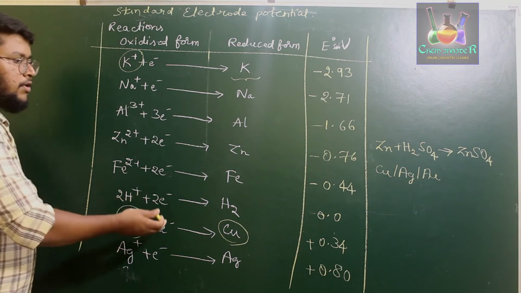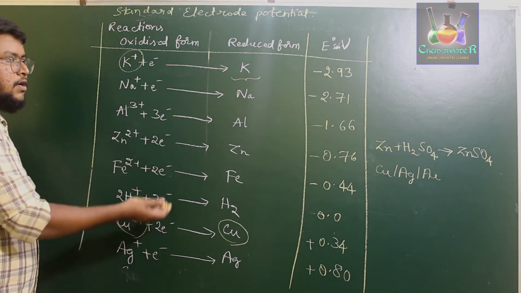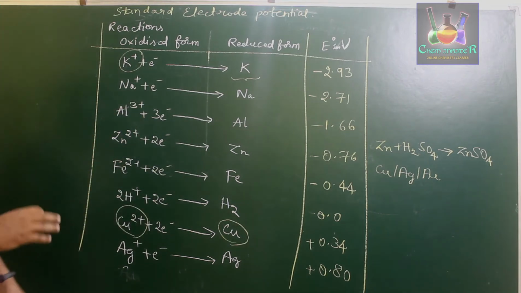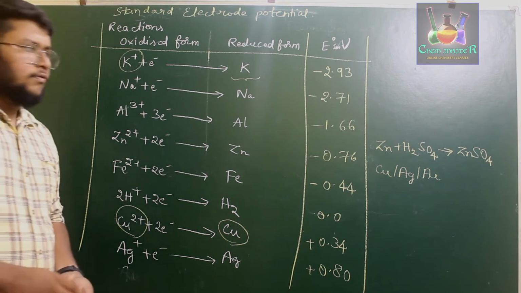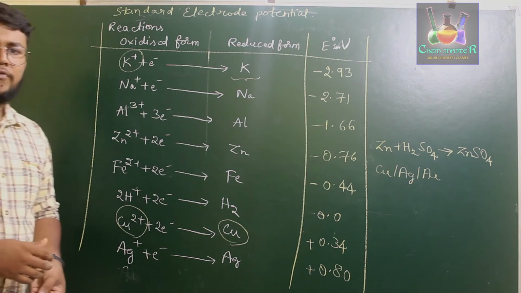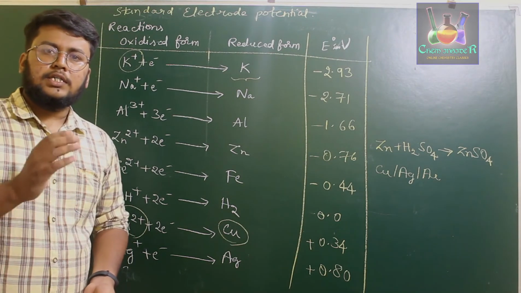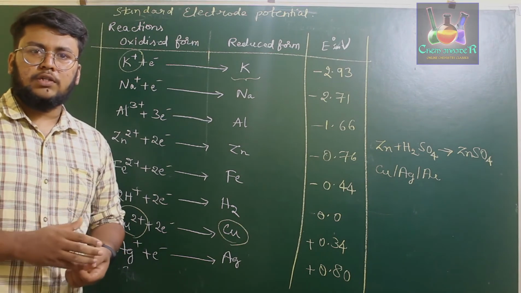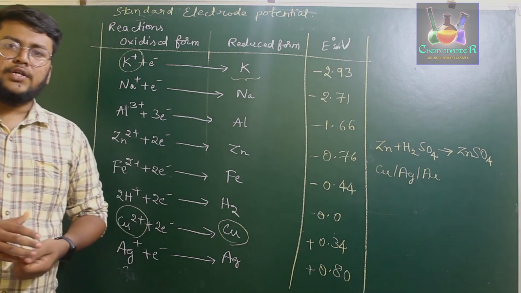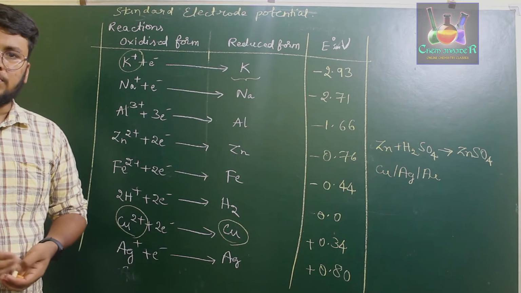Further, any metal which is present below can be oxidized by the metals which are present above it in the electrochemical series. So this is about the standard electrode potential of various elements. Now, the standard electrode potential is for solutions at standard concentration, that is 1 molar concentration at 1 atmospheric pressure. But maintaining the concentration and pressure at the same point for a longer duration is quite impossible.